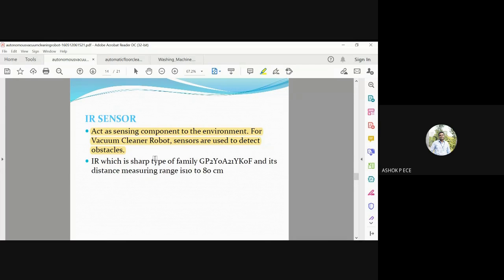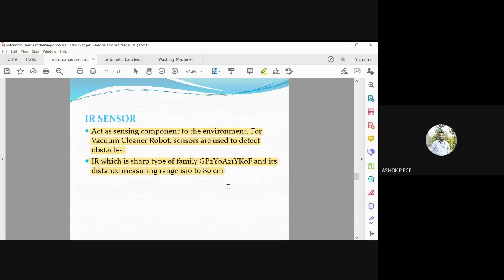An IR sensor can measure a distance up to 80 centimeters. It sends the IR signal, the reflected signal is received again, and from the time period I can measure the distance. So it can predict which obstacle is at what distance from the front wheel. That can be predicted by the robot.